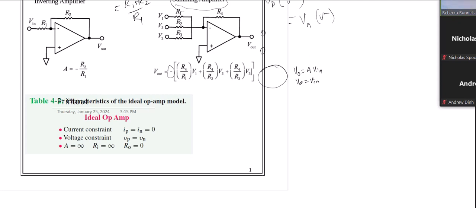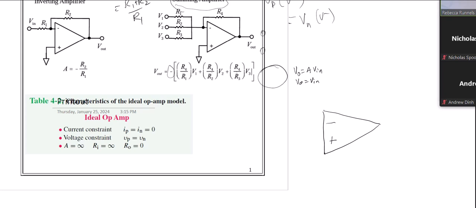Okay, so now I'm going to talk about the difference between ideal op amps and non-ideal op amps. So if you have an ideal op amp, you'll want to ask me, well, how is that possible? And I will say, I don't remember, but I do know how they work. Okay, so